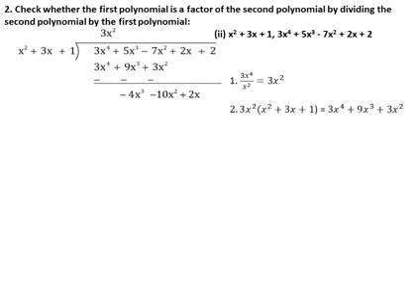The highest degree for the dividend is minus 4x cube, and the divisor is x square. If I divide, x cube and x square will get cancelled. Therefore, minus 4x has to be written in the quotient. Now minus 4x has to multiply with x square plus 3x plus 1. Minus 4x into x square, we will get minus 4x cube. Minus 4x into 3x, we will get minus 12x square. Minus 4x into 1, you will get minus 4x.